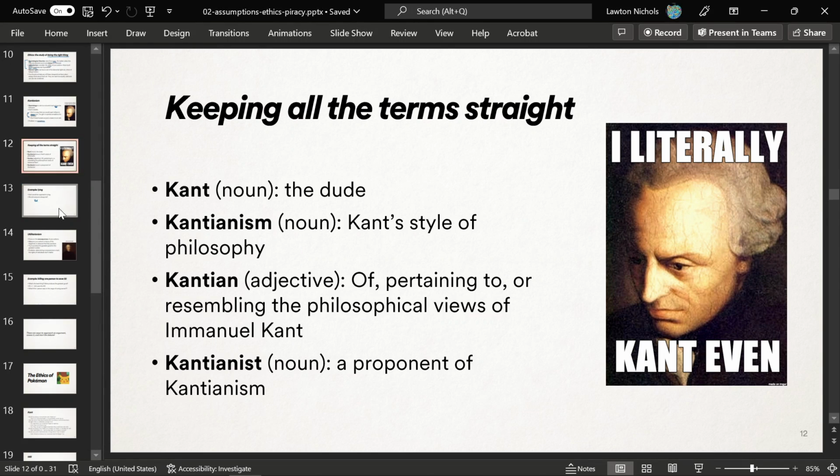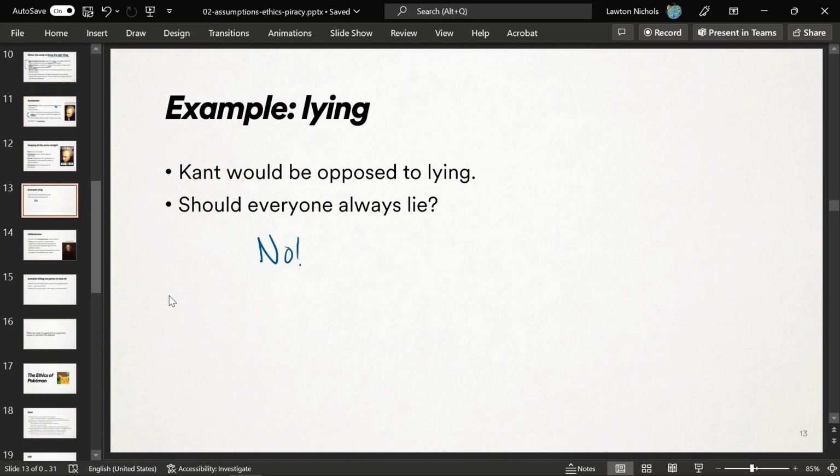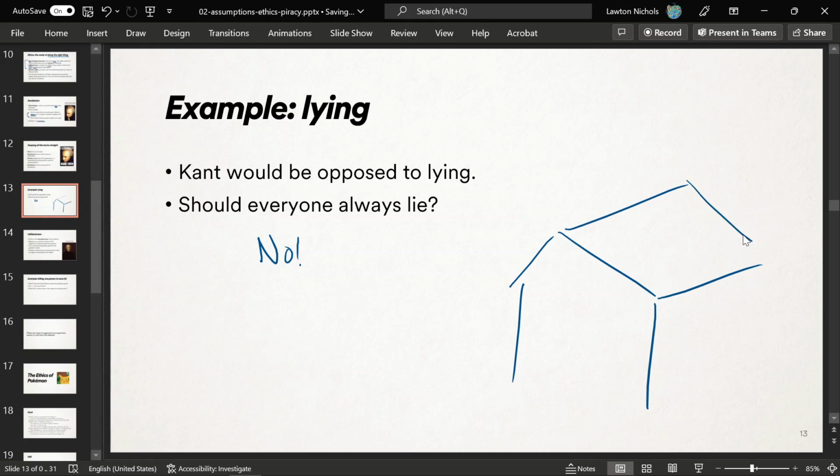This does break down, though, because you get no special exceptions. Sometimes it's a good idea to lie, I would say. I think we've all been in situations where that's possible. Let me give you just the silliest example that people like to give. So let's say here is a house. Let's say this is my house. And, I don't know, here's the front door. Here is me in the house, and here is some serial killer, okay? Serial killer outside my house, and the serial killer knocks on the door, and let's say my mom answers or something. Let's pretend I'm living at home, and the serial killer asks my mom,